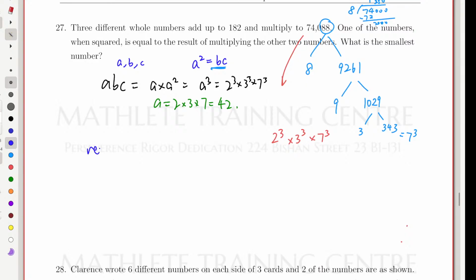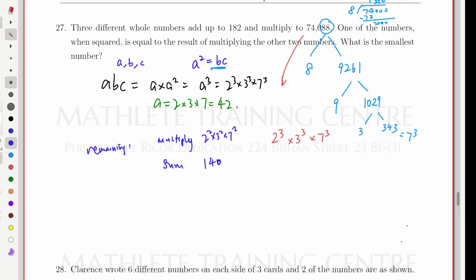Now the remaining two numbers, what happens? The remaining two numbers multiply to give you 2 squared times 3 squared times 7 squared. And their sum is equal to 182 minus 40. Their sum is 140. So what are the two numbers? Well, for this one, you need to use a little bit of guess and check. If you use a little bit of guess and check, you'll be able to figure out the two numbers here are